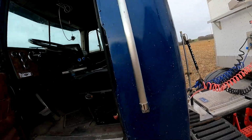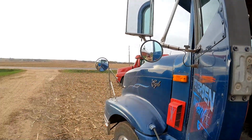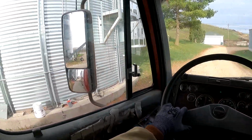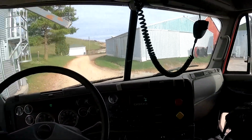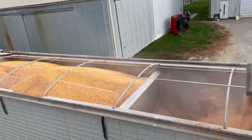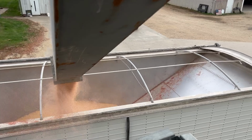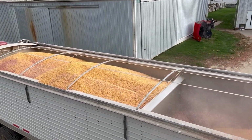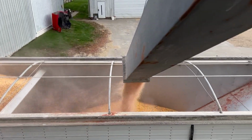She's full. Let's pull over to the pit and I'll start loading up that truck. We are full. Take this thing over next door. Filling up the truck with dry corn. This should just about finish up that bin connected to the leg next door. That'll be it for dry corn over there before the